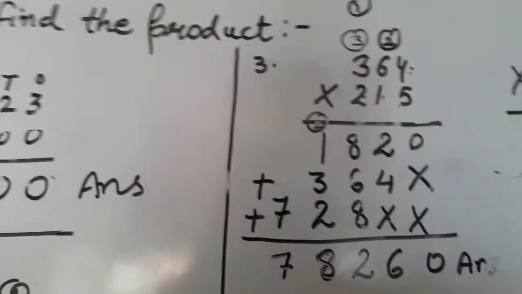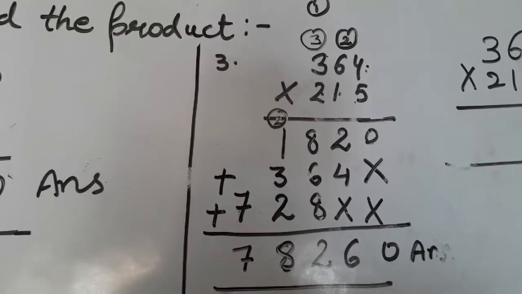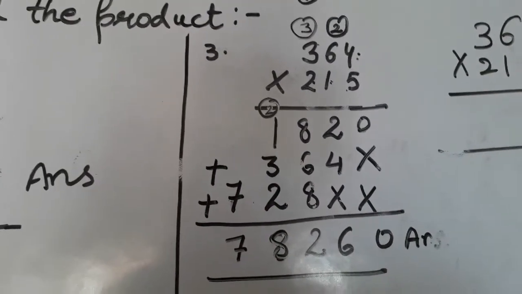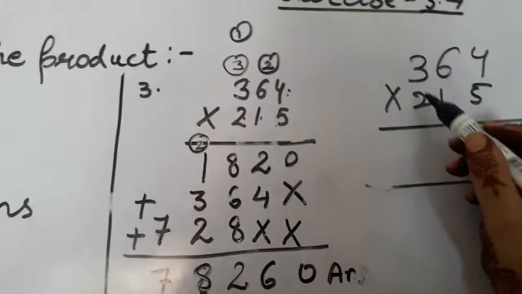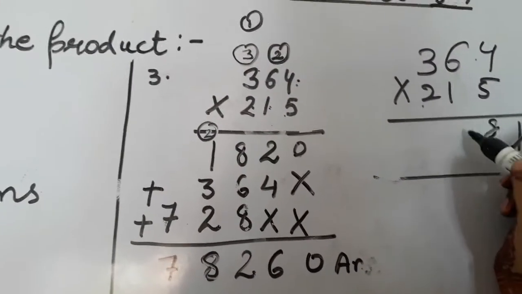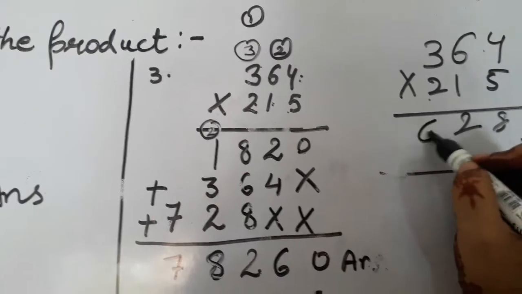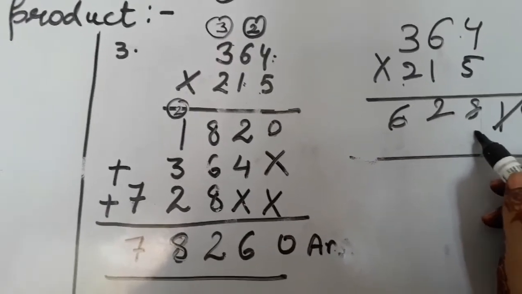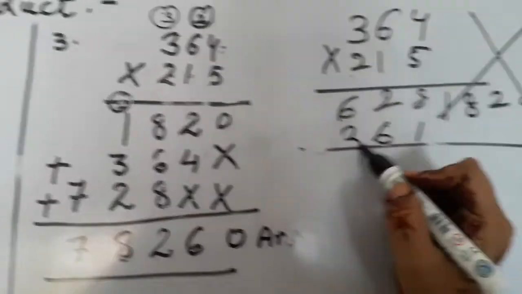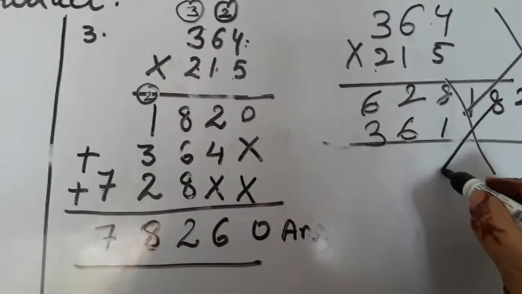Right? Keep one thing in mind. Always start doing your work from the ones place only. Don't do it like this. 4 twos are 8. 4 sixes are 12. 4 threes are 6. Then 4 ones are 4. 4 sixes. No. This will totally go wrong.